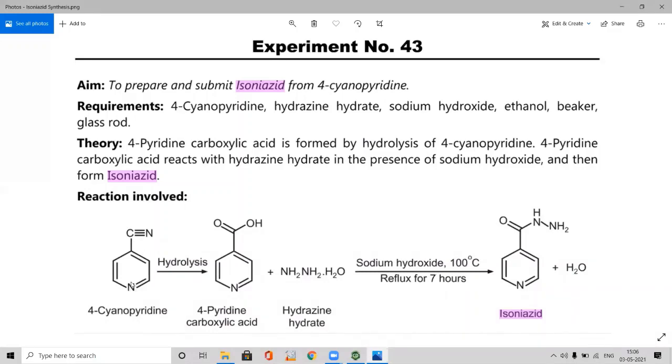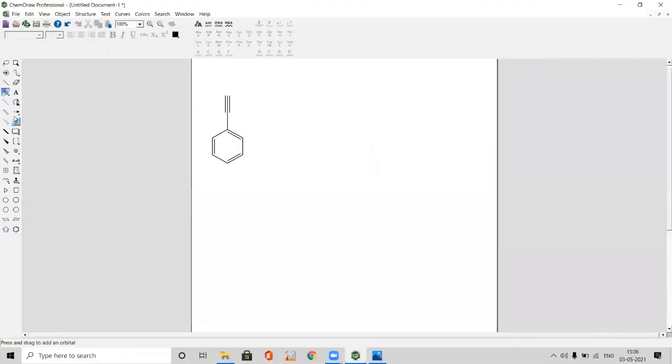So now we need to include a nitrogen heteroatom in the benzene nucleus, and at the terminal end of the triple bond we need to place nitrogen so that it will become 4-cyanopyridine. So let's place the nitrogen atoms. Here placing nitrogen, and at the terminal position of the triple bond again nitrogen. So now I got a chemical structure.